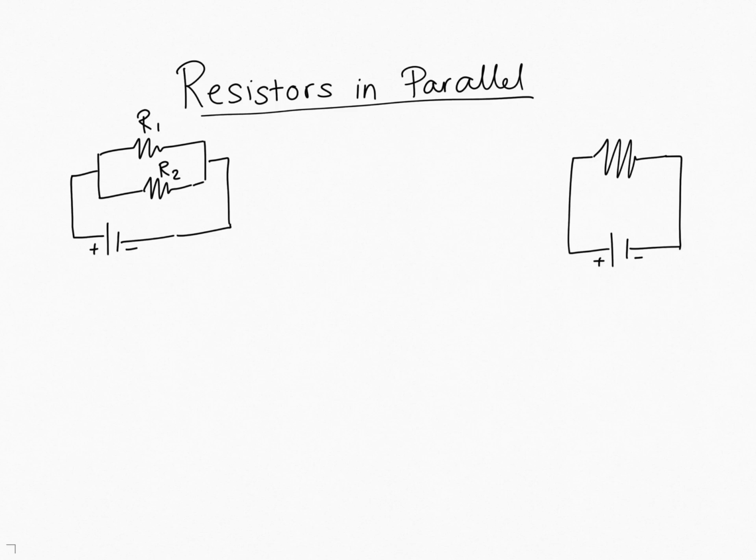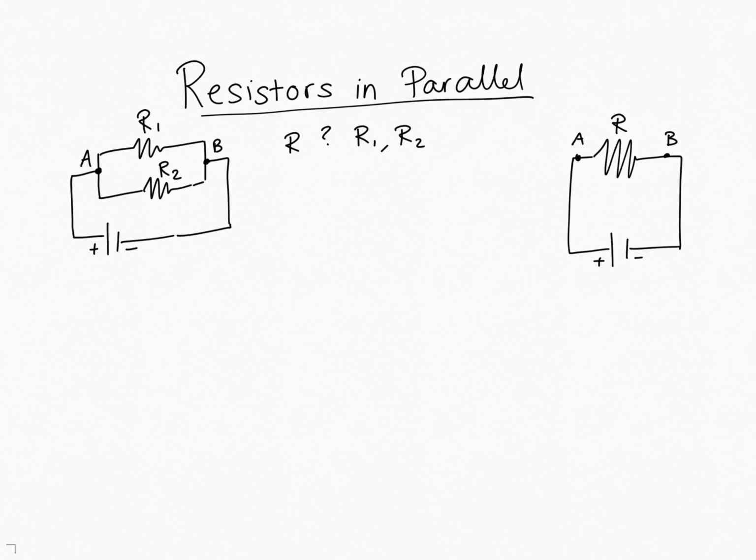And let's say these two resistors for our parallel circuit have different resistances, and the one for our single circuit has a single resistance R. Now we want to find the relationship between R and R1 and R2 so that these two circuits will be equivalent. So one thing to realize is that if we look at the voltages from A to B,